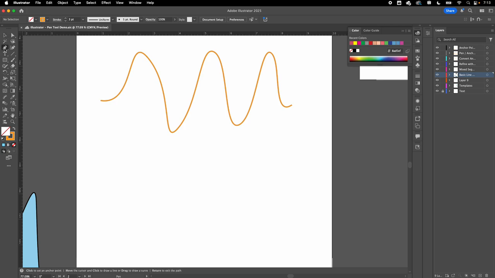Now about curved segments, making curved lines, curved paths with the pen tool. So in order to make a curve, instead of just clicking, click, click, click like we do with straight lines, I'm going to click and drag and then release my mouse. Now as soon as I click and drag, you'll see the control handles pull out of that anchor point, and